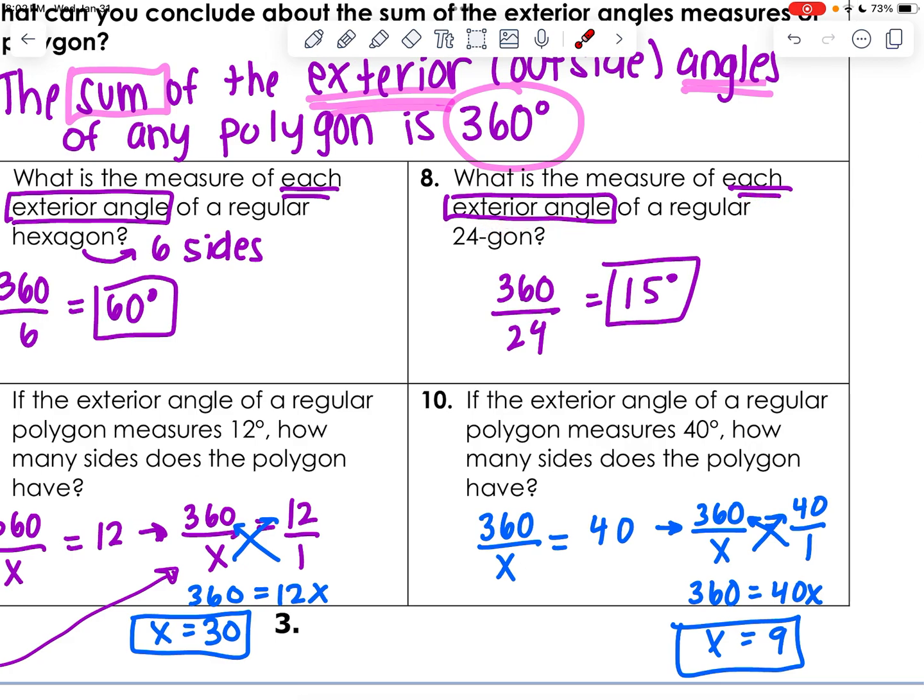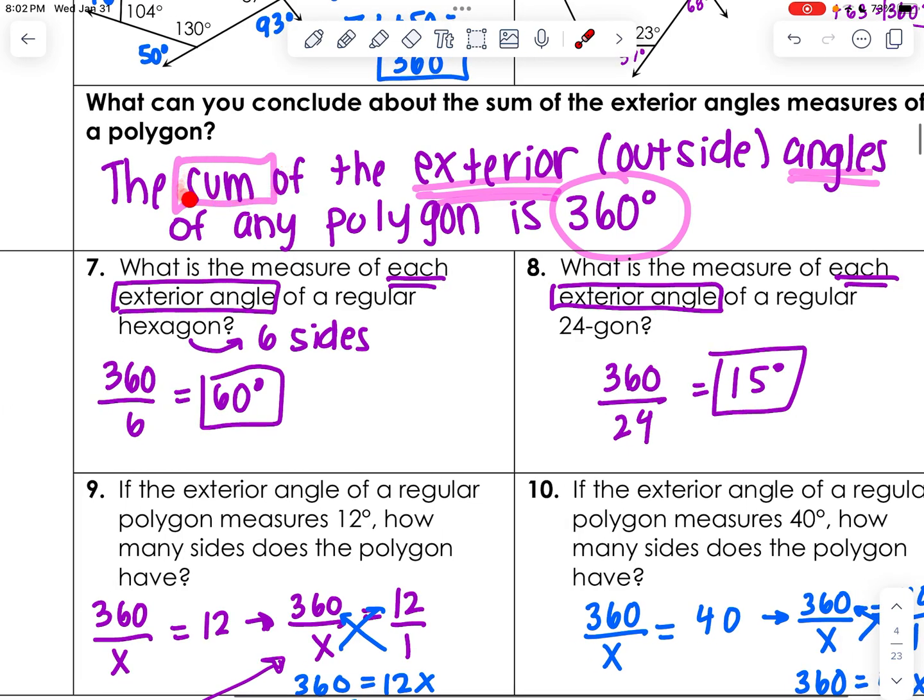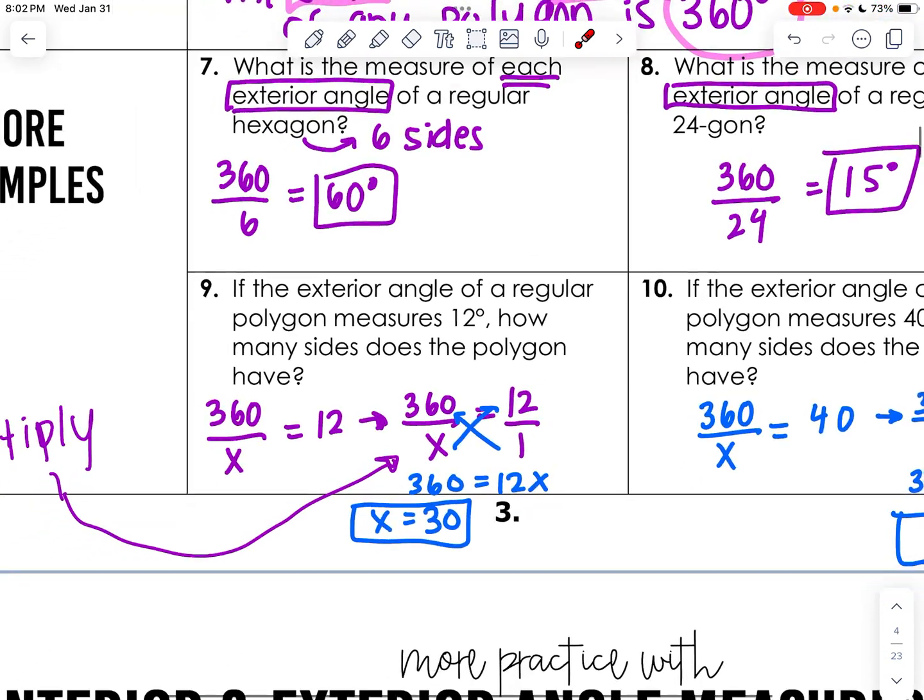Each exterior angle of a 24-gon. So again, we know that the sum of every exterior angle of every polygon is 360. So we're going to take 360 and divide by 24. So each exterior angle is 15 degrees. Okay,